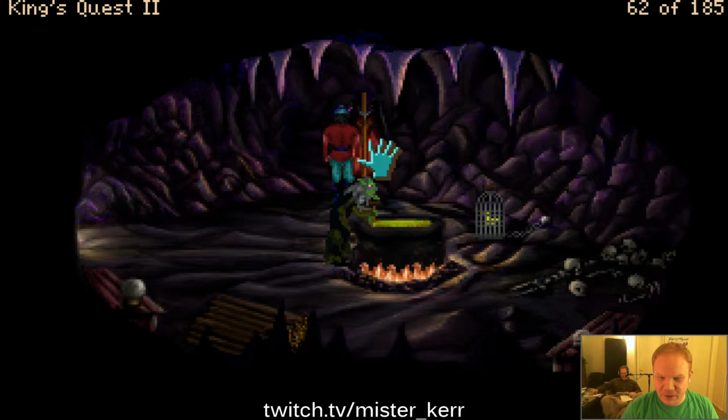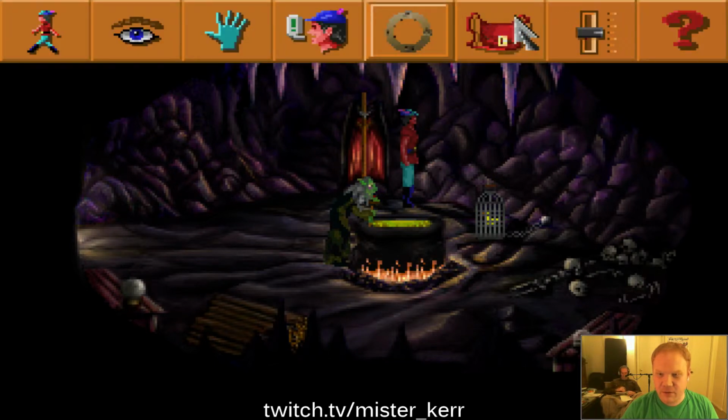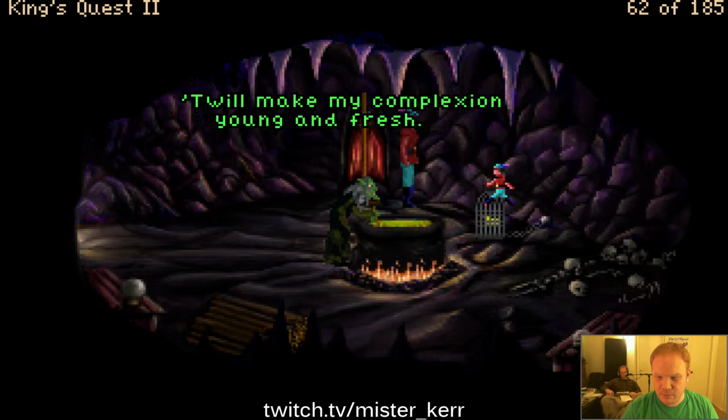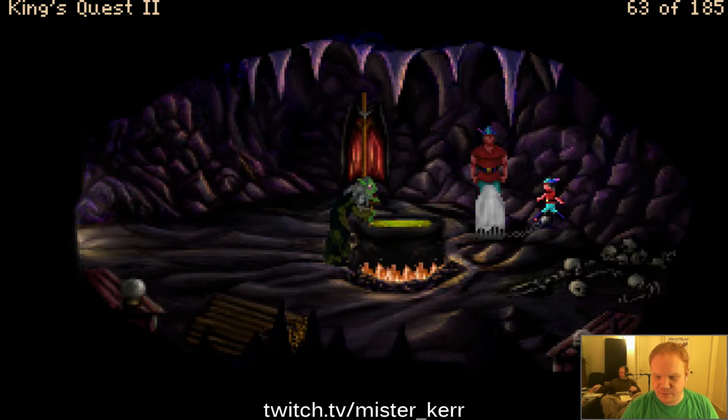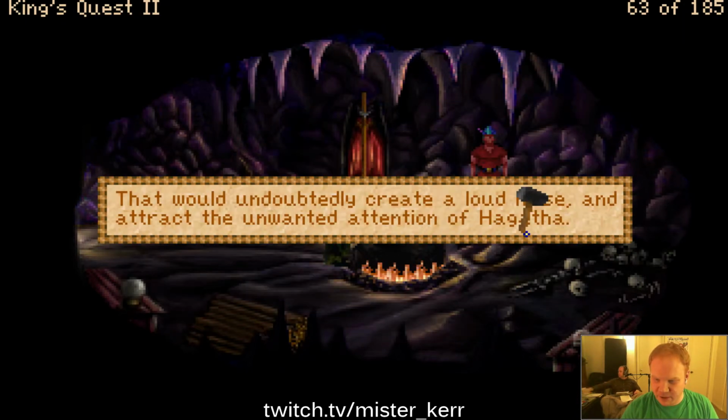So anyway, can I just take this cloak? She's casting something. I think you're supposed to cover this thing up. She's casting a spell. You silently hammer time. That would undoubtedly create a loud noise and attract the unwanted attention of...